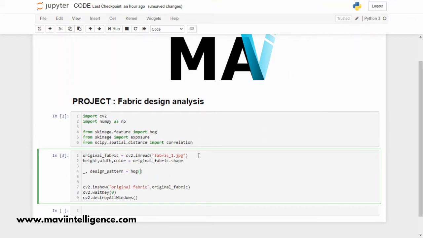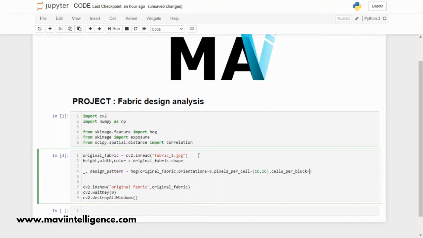Now hog: first, hog takes the fabric image. Okay, it's not fabric, it's the original fabric image. Comma, second, orientation, the number of repetitions of applying that hog function. So I'm taking 8. Comma, third argument, pixels per cell. For the pixels per cell, let's say 16 by 16, and the fourth argument, cells per block.